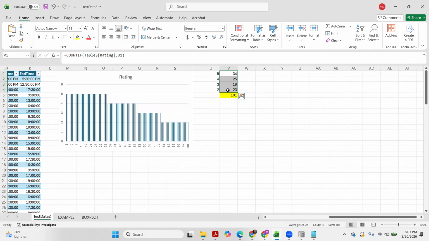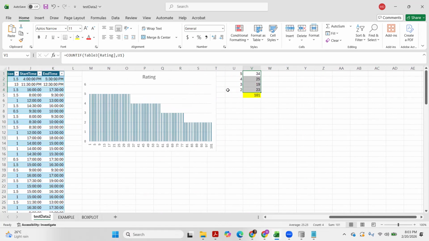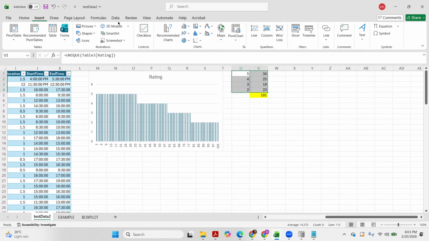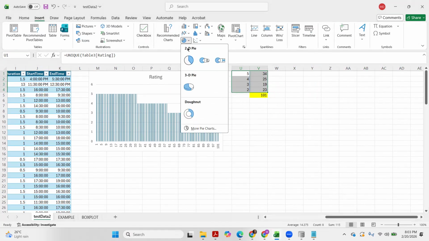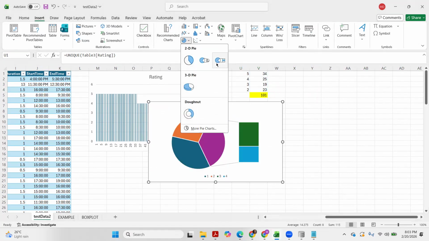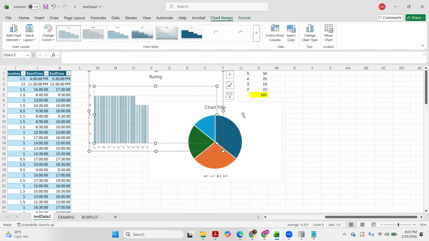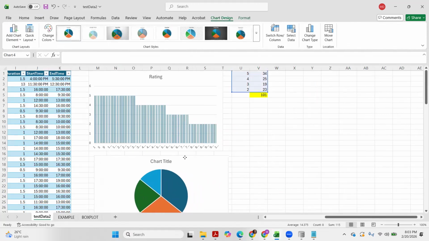And that means this is correct. So now to come up with a pie chart, we highlight these values, and then go to the Insert tab and select the pie chart that you want. As you can see, the pie chart now appears.